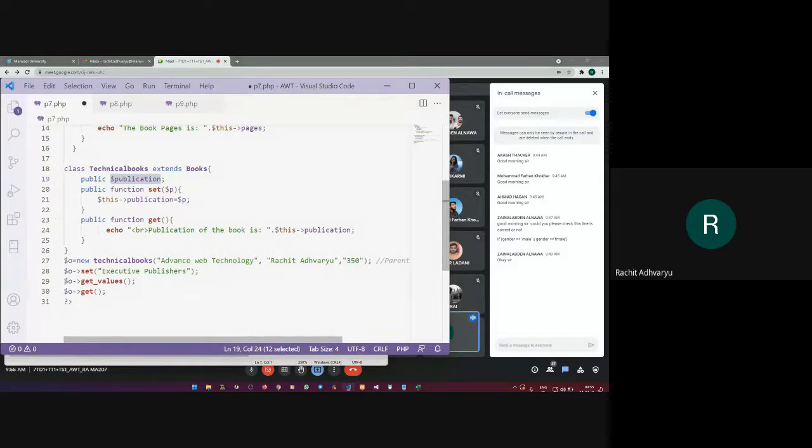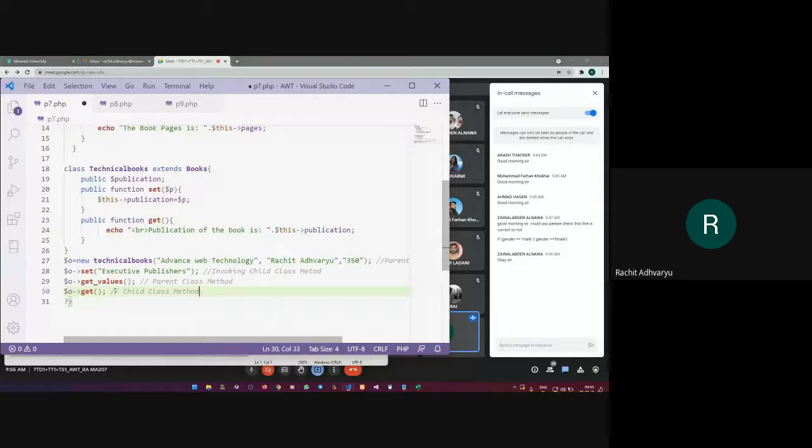Similarly, I am also calling a function of the parent class. This is a parent class function or method, whatever you can say. Let's say parent class method, and I'm invoking the child class method, or set method actually, right? And then again I am calling $O get. Now get is again a function of the child class. So we will say here it is child class method.